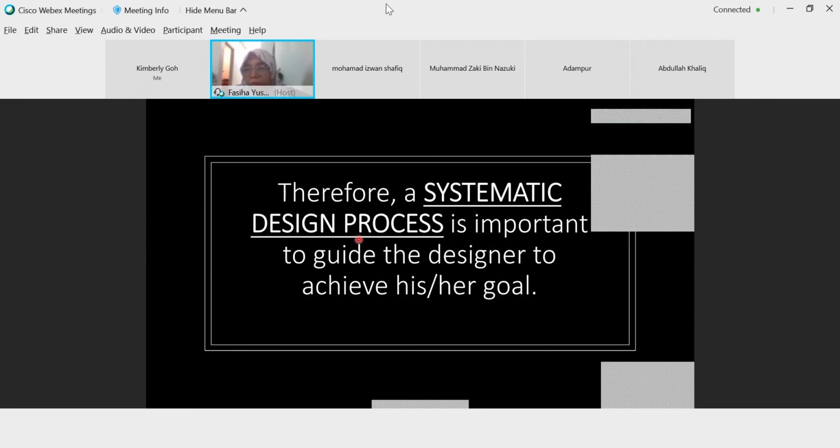Later you become an engineer, you do research and development. You develop a product, you design a new product that never existed. You need a guideline, not just hoping that something comes to your mind.